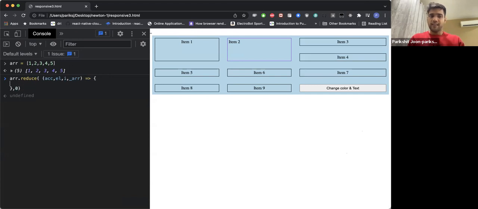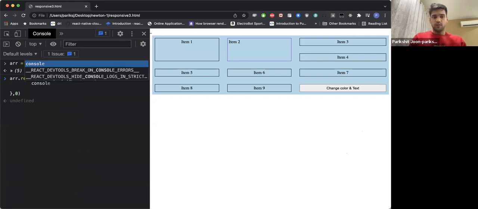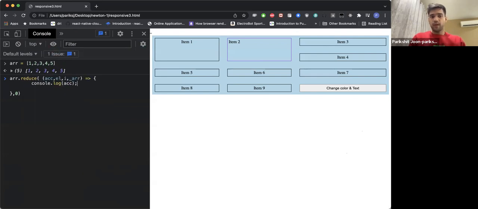Now in this callback of reduce, it gets the value of ACC each time it runs. And the initial value of ACC, the accumulation, is specified here. So right now, when it runs the first time, what are you going to get? You're going to get, guys, anyone? 0, correct. You're going to get 0. Perfect. Nice. The next time it runs for the next index,